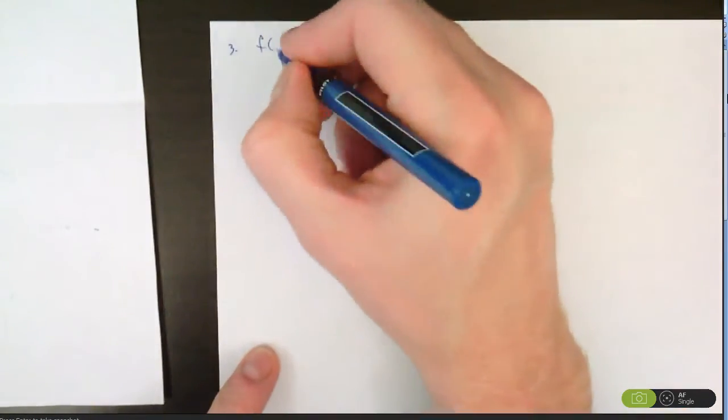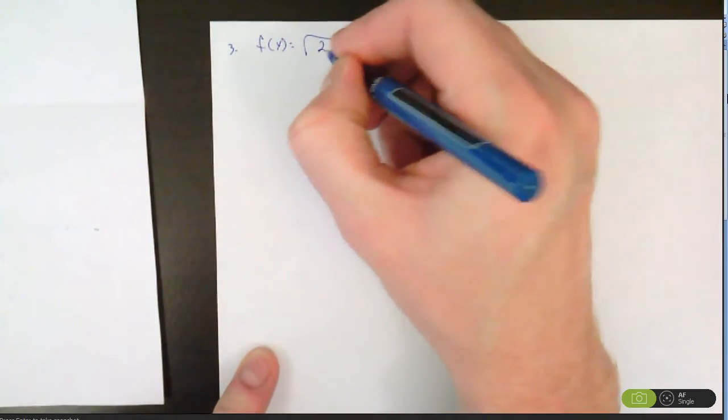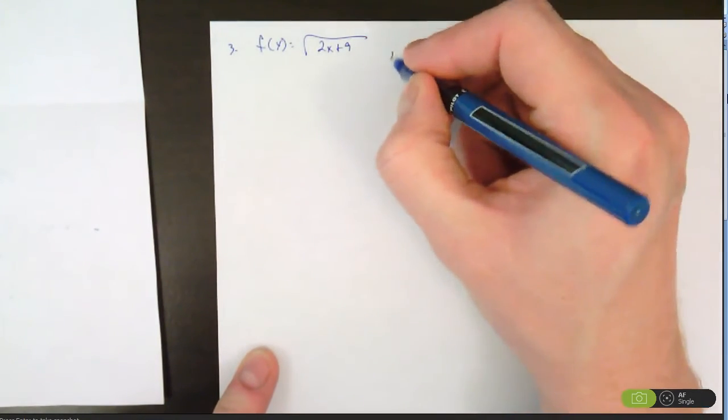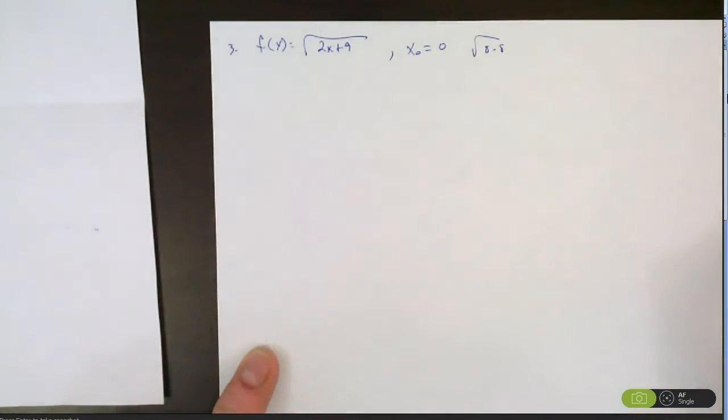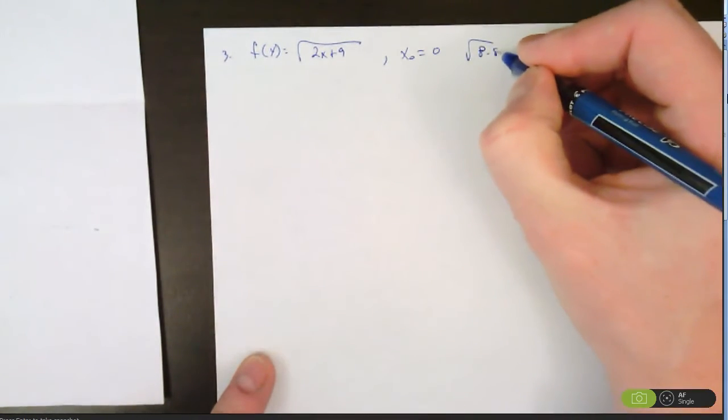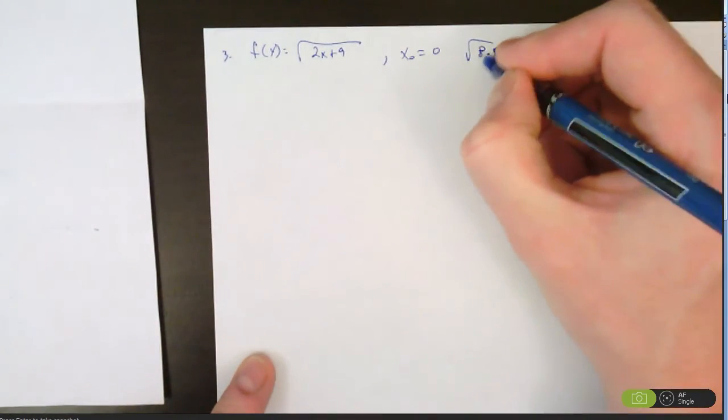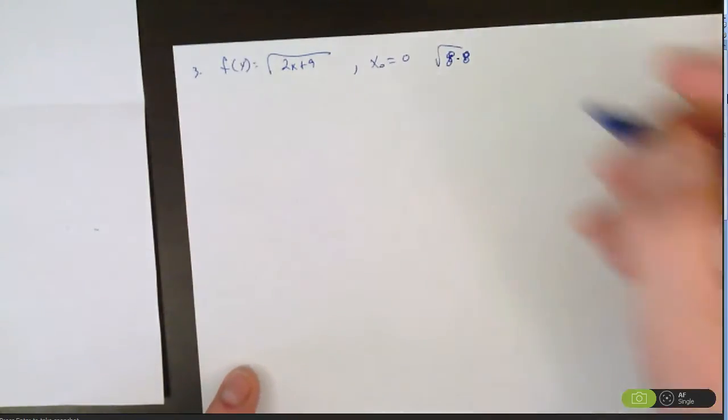So number three, you are supposed to create a linear approximation using f of x equals the square root of 2x plus 9, x naught is 0, and you're doing the square root of 8.8. Okay, now,